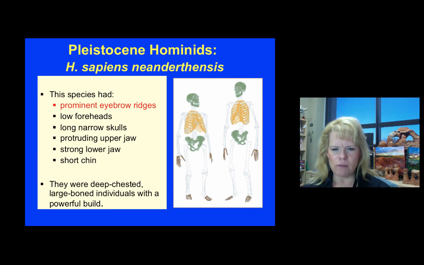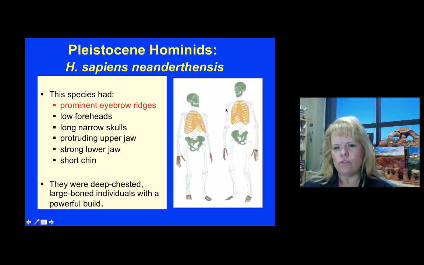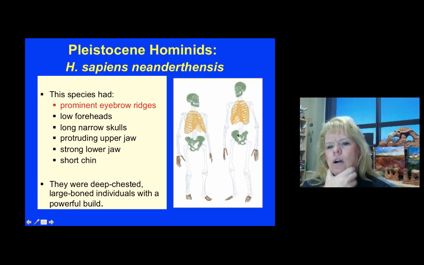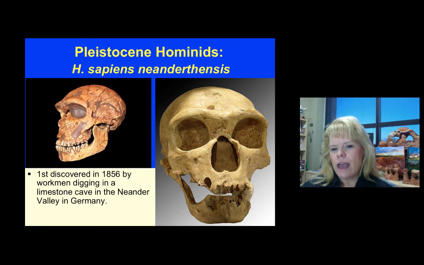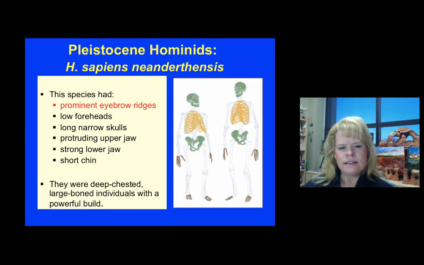So this is a comparison of Neanderthal to a Homo sapiens sapiens, which is a modern day human. They're going to have low foreheads, a protruding upper jaw. What was that all about? And a strong lower jaw. Matter of fact, let's go back and look at this joint right here and show you what I'm talking about. Ours don't look that way. What would have been the spirit and intent for having that evolutionary trait?